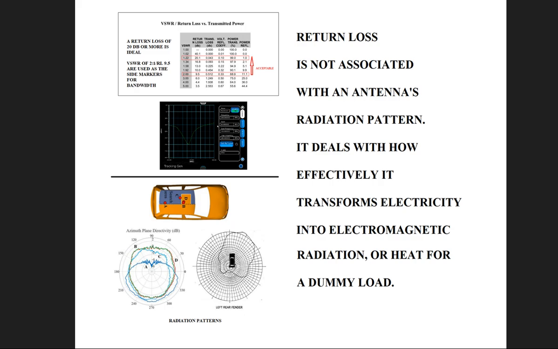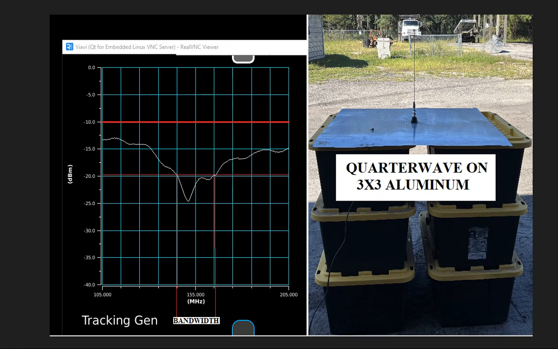The first thing I wanted to show was some reference sweeps, and to clarify what we mean by bandwidth and how we're going to be doing these measurements. So the first antenna we're looking at is a quarter wave antenna on a 3x3 aluminum sheet. This is kind of like an ideal antenna ground plane. You have the minimum amount that you needed. Of course, the more metal, the better. But this is enough to get you a good